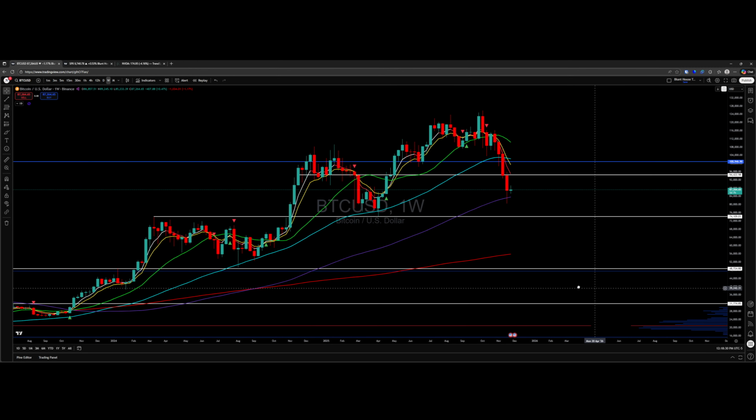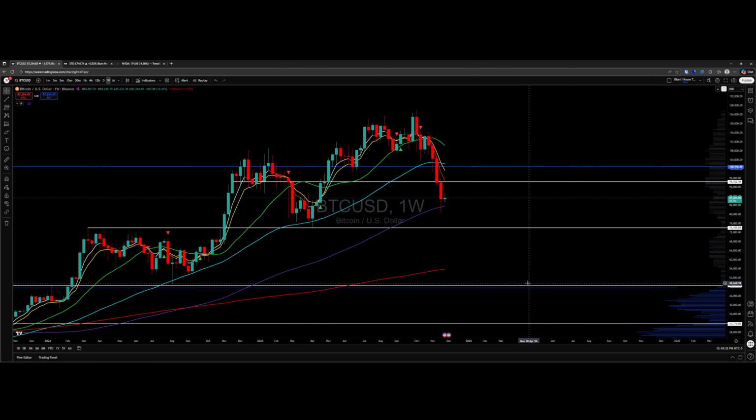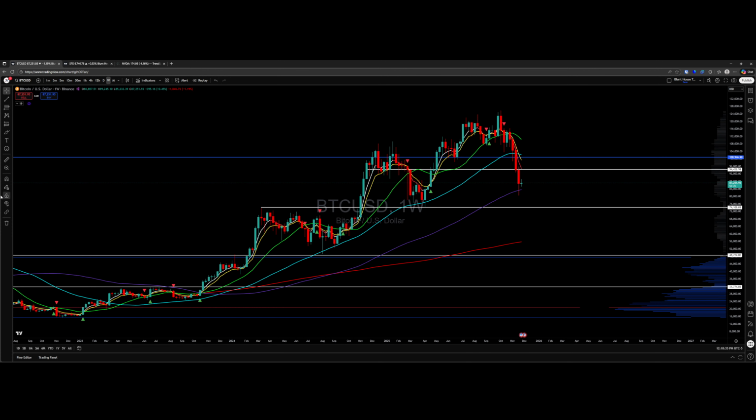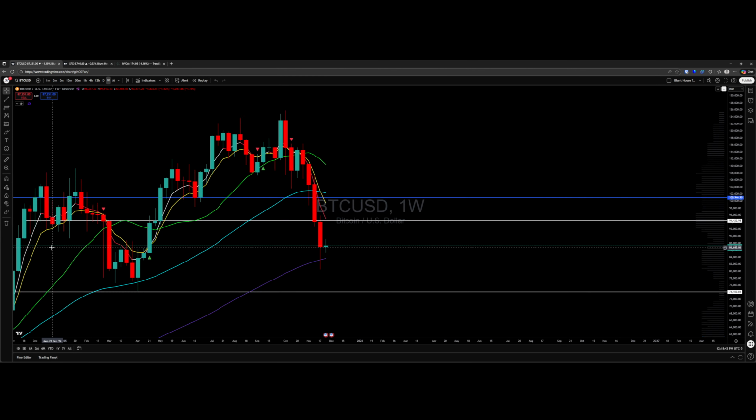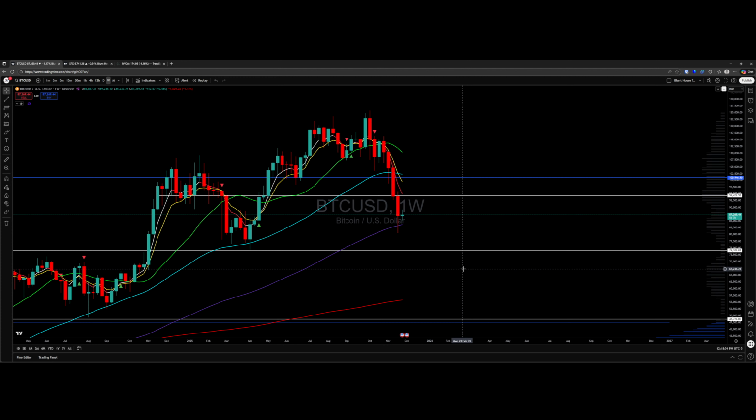Now, here's the fun part. Everybody wants to say the bottom is in all the time. But what do we know about the trend that we see on this chart? This is a weekly chart. This divergence between our T-line and 5 EMA, which we're using as a guide for trend, is telling us this trend is still down. And this little doji candle here on the weekly, albeit green, is not a bullish candle, at least to me.